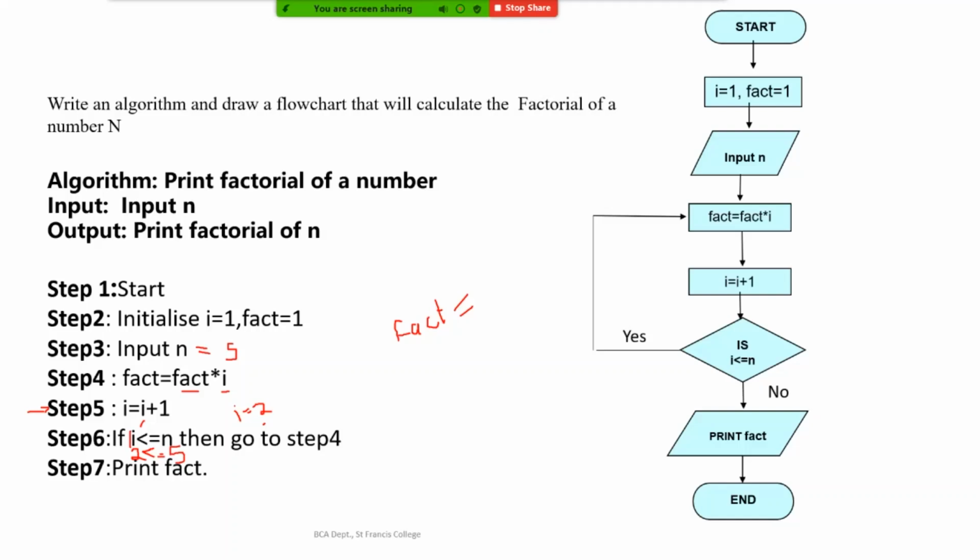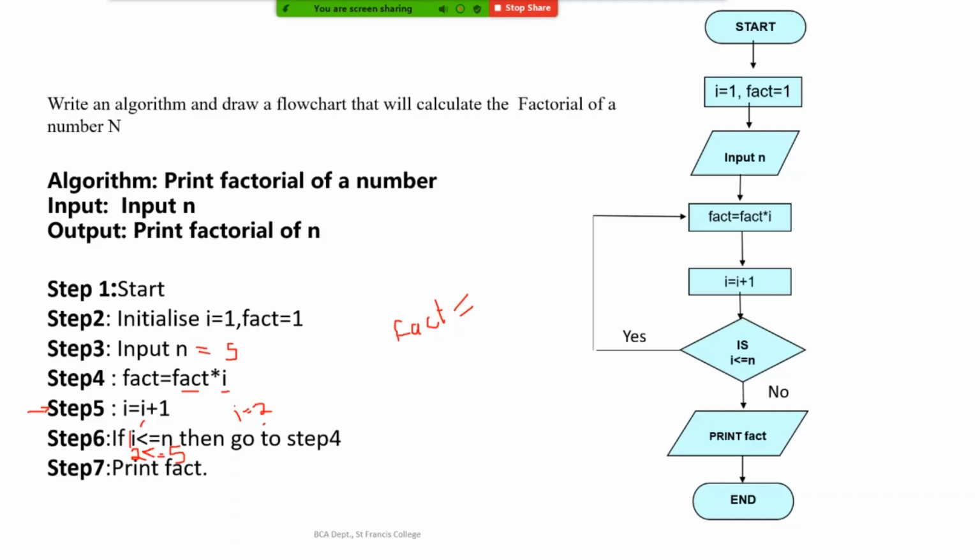Because we incremented i, we are checking whether it is exceeding the value of n. Whether 2 is less than or equal to 5. 2 is less than 5.